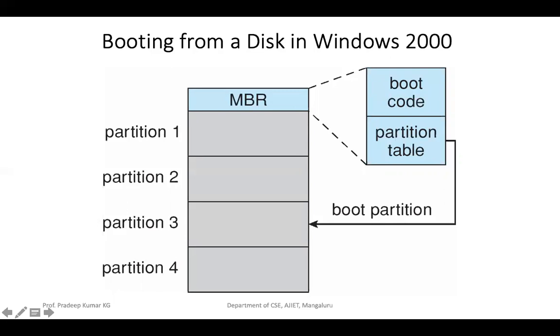For example, if you installed Windows 2000, according to this example, in partition 3, then there should be a path in the backend that is loaded via the bootloader, that is the boot partition. And if you installed Linux in partition 1 or partition 2, then you must have an entry in that partition table, so that while booting up your device, you will get those 2 prompts on the screen. Then you may select any one option by moving your mouse pointer or cursor, and the selected operating system is loaded to your machine. So till here we completed in the last discussion.